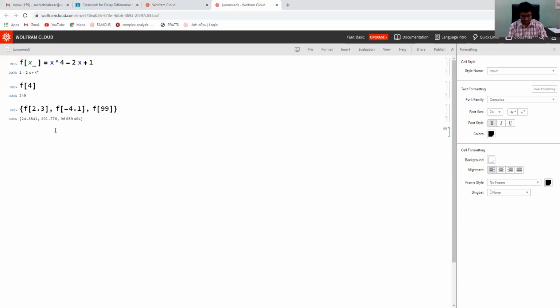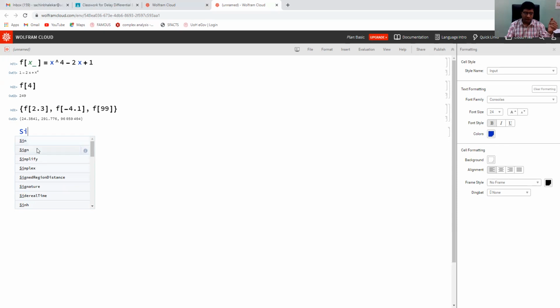Say if I am typing S, the first letter should be capital. Remember, in Mathematica, for all the inbuilt commands, the first letter should be capital. If I am typing S and I, there are so many options like Sin, Sign, Simplify, Simplex, and so on.